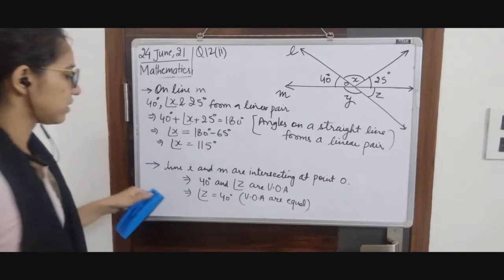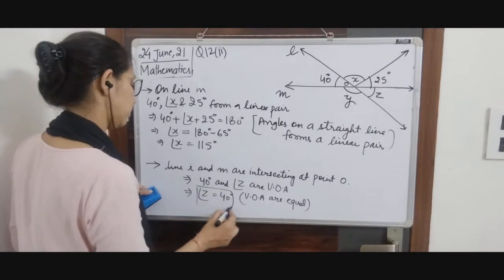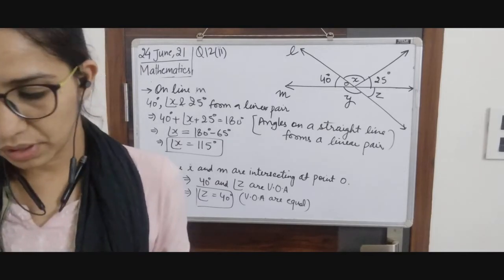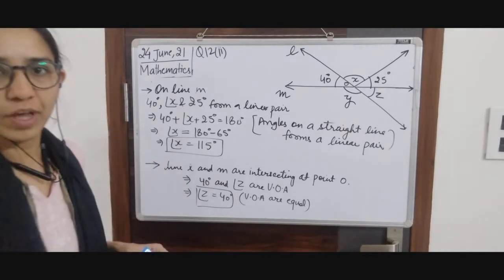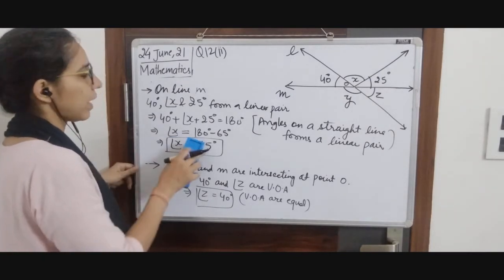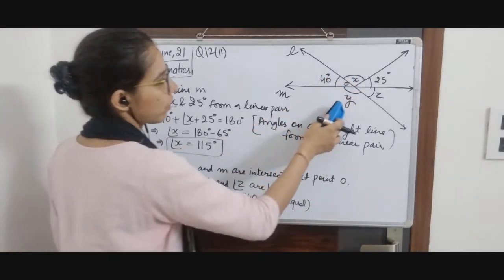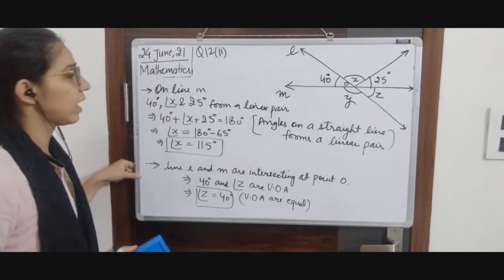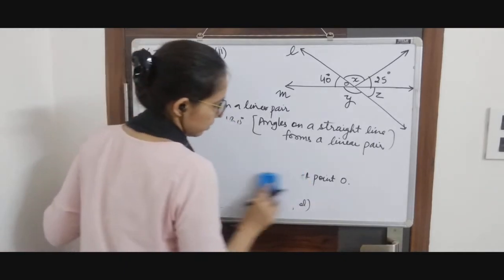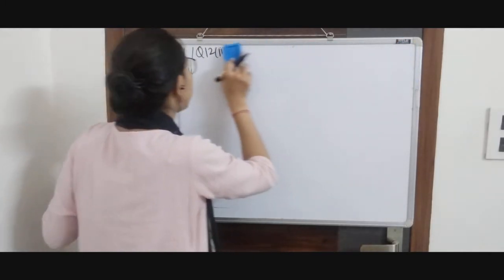Okay, your X is this, Y was your 140 and Z is this. So you can just put them in boxes so they are visible from afar. Now question number 12 is complete. Now we are going to move on to question number 13, which is your fill in the blanks. One more thing, class. There are many methods of solving this value of X, Y and Z. Whatever method you are going to apply, it will be correct. You just need the correct answer. Whatever method you apply doesn't matter.